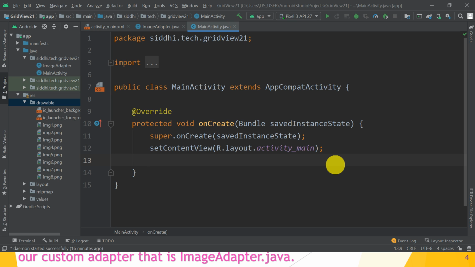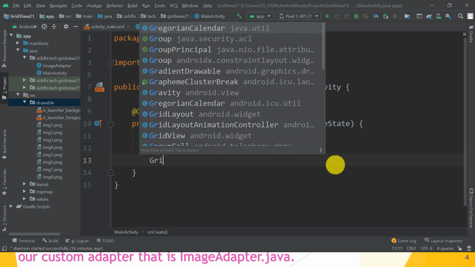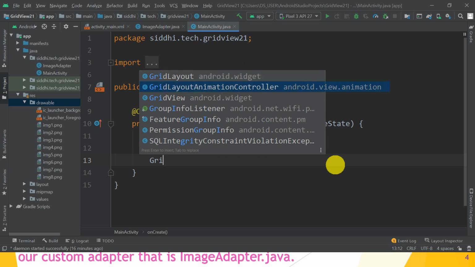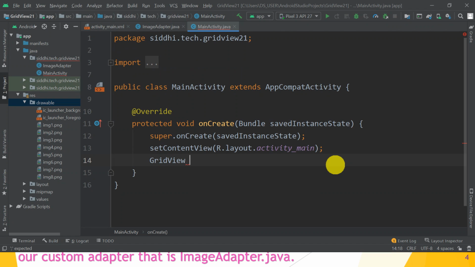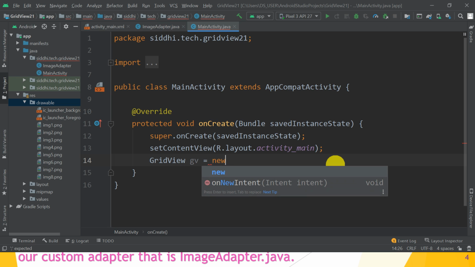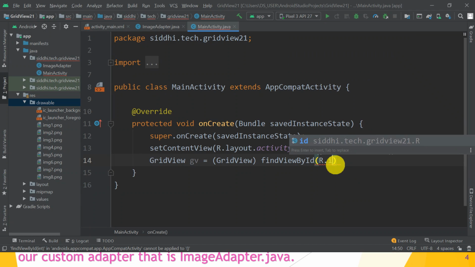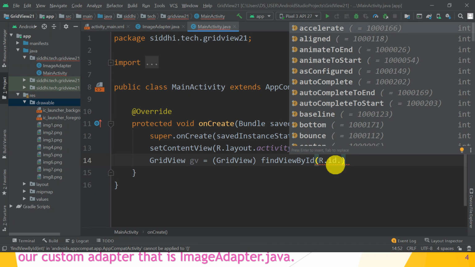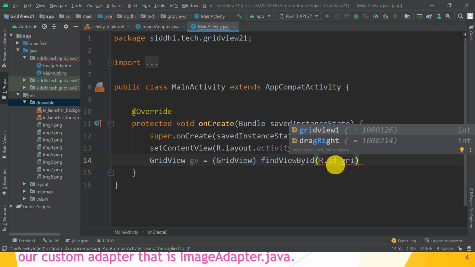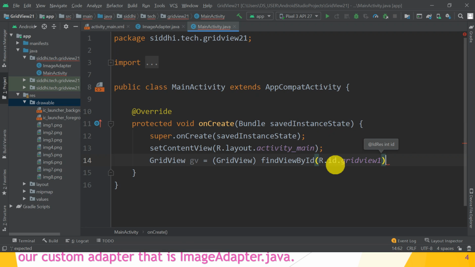Just create the grid view, GridView gv equal to GridView, using the findViewById method, and pass R.id.what is the name? gridView1. Great, give the semicolon.